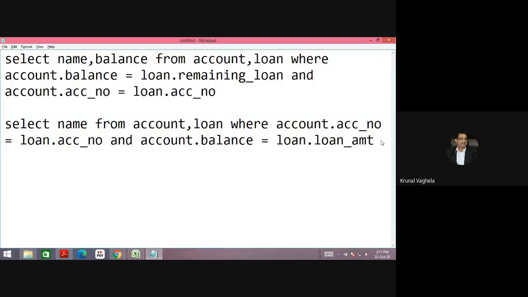What is asked? Select AMT. Second one asked is name. Third one asked is account ACC underscore number, but I need to prefix it by table name.